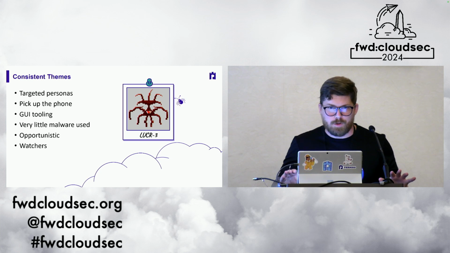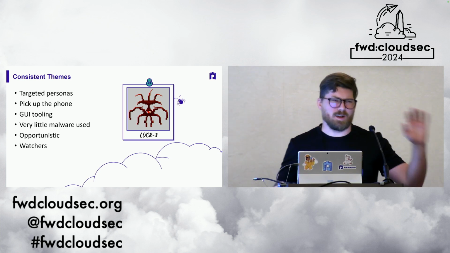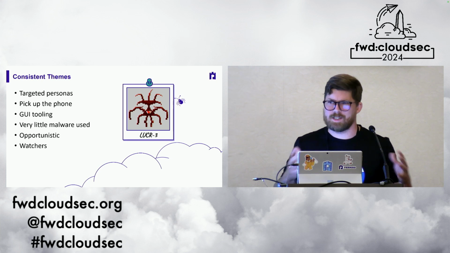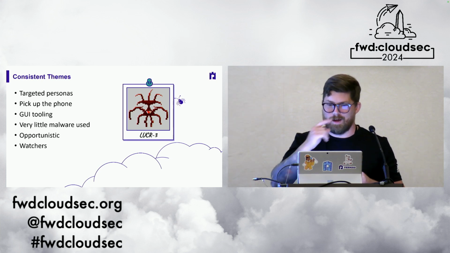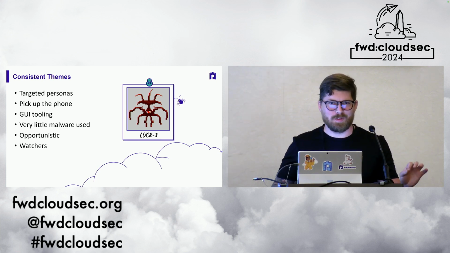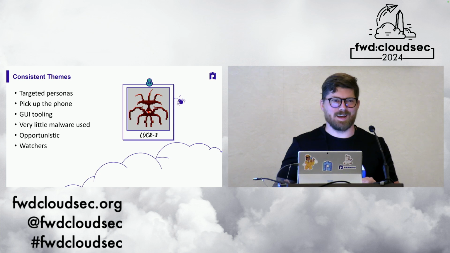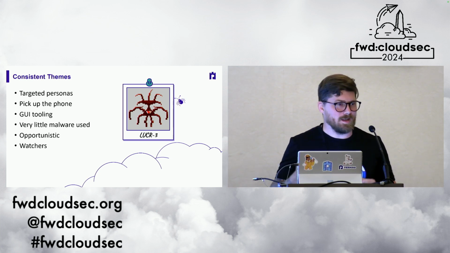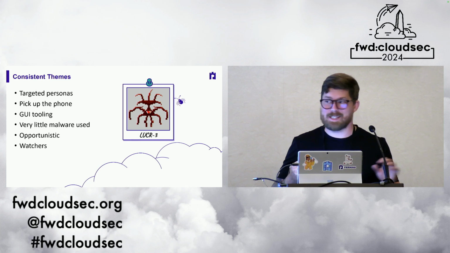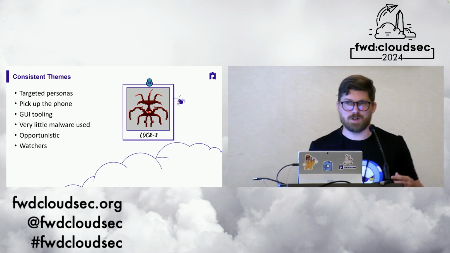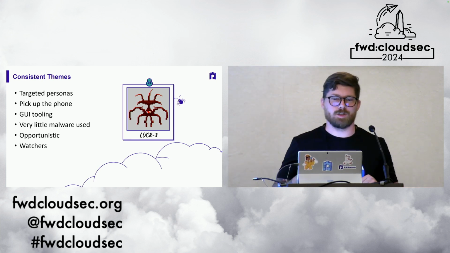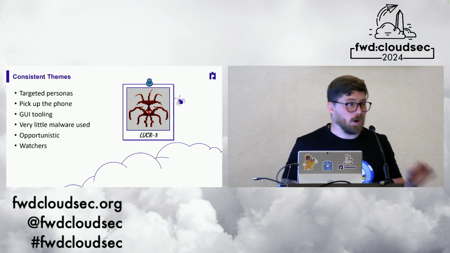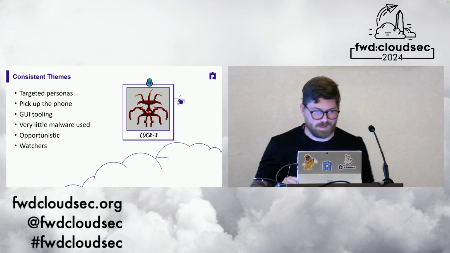Very little malware is used, at least on the identity, cloud, and SaaS side. When you get on-prem, they do a little bit there, but it's all classic things you've seen. A special thing on the on-prem side is they like to use your own infrastructure to deploy rogue EDR agents. That's kind of a fun one. Then they use the live response features of those EDR agents to deploy ransomware in some areas and do targeted data theft in others. So pretty cool things there.